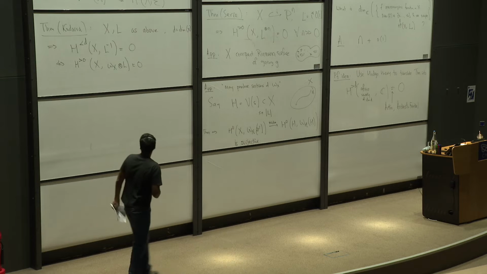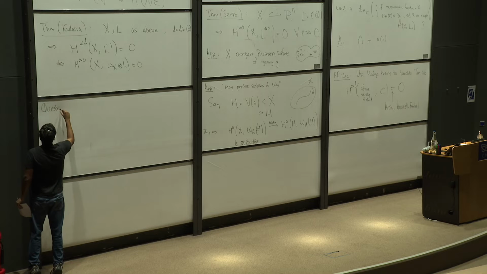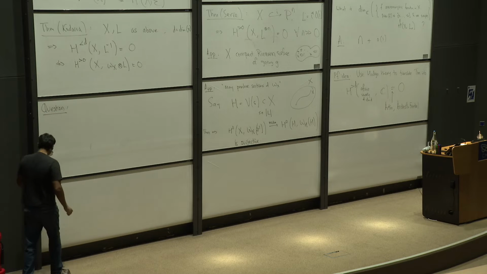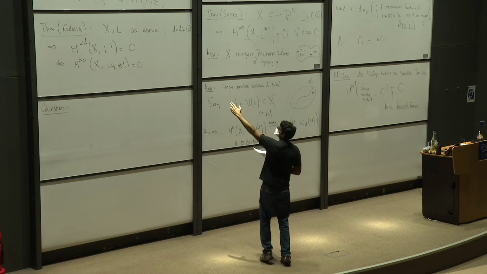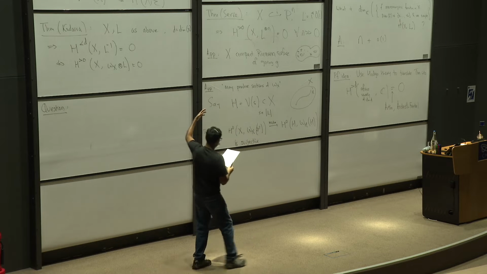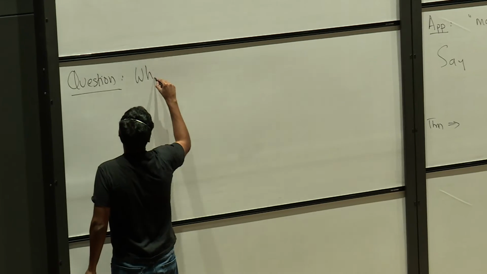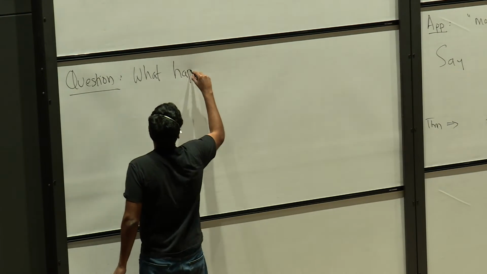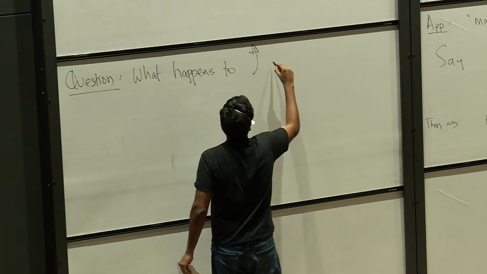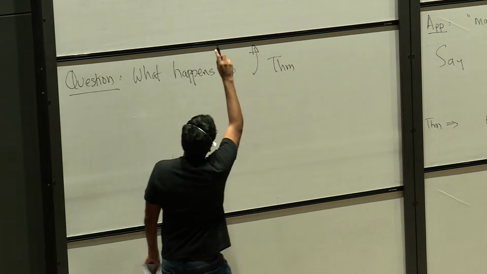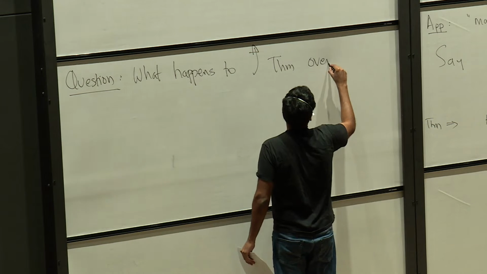OK, so let me formulate the question I want to try and address in this talk, which is, what happens if you try and take the statement of Kodaira vanishing and imagine variants of it in other kinds of algebraic geometries? So what happens to this theorem, the one up there, over, say, a finite field,